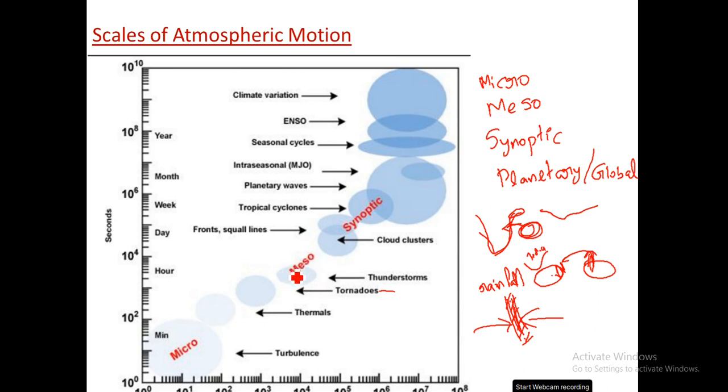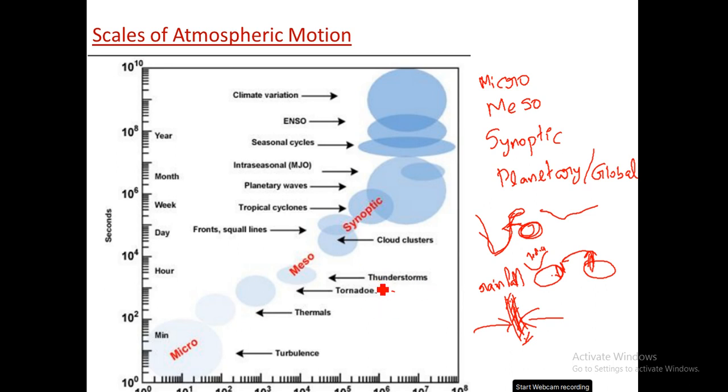So mesoscale is basically in a time scale of 10 raised to 2 to 10 raised to 4 meters, and it persists for several hours to a day. That is the time scale up to which it persists, hour to day. An example of this is thunderstorms. Thunderstorms, we know, are very heavy clouds. It will cause rain over a